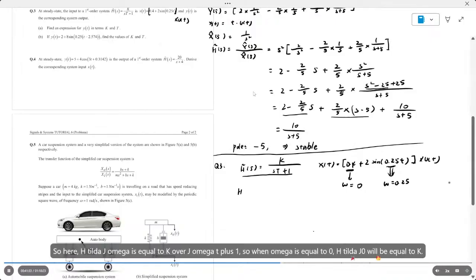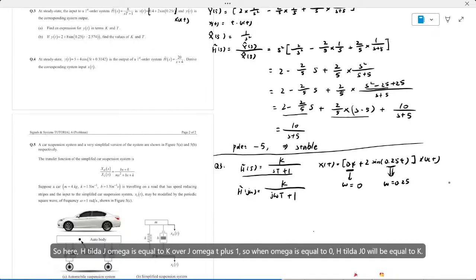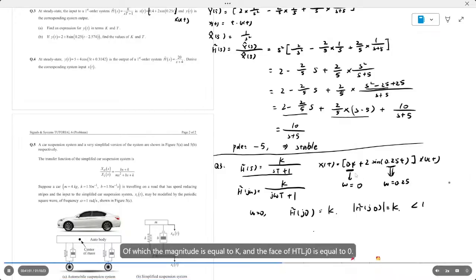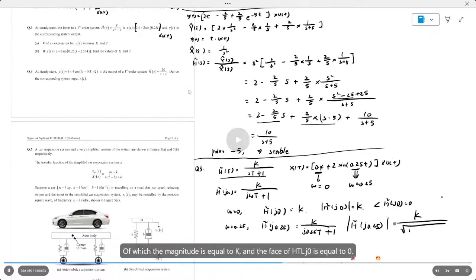Therefore, here H(jω) is equal to K over jωT plus 1. So when ω is equal to 0, H(j0) will be equal to K, of which the magnitude is equal to K, and the phase of H(j0) is equal to 0. When ω is equal to 0.25, H(j0.25) is equal to K over j0.25T plus 1, and